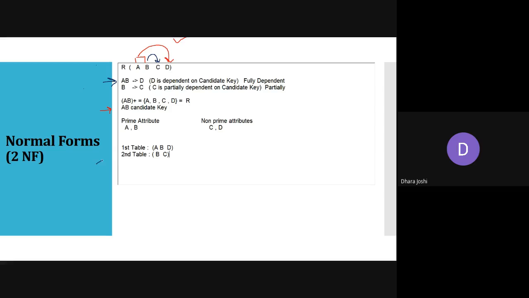Now you can see how it will be the correct one. Now it is in normal form. If you see here in the first table, A and B combined together and we are getting the value of D, it is proper. Yes, previously also we were allowing this condition. But in second table, if you look at this, B अब अकेला ही प्राइमरी की है ये सेकेंड टेबल के लिए.